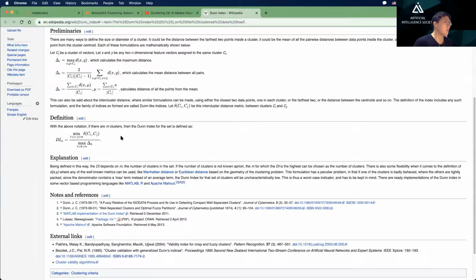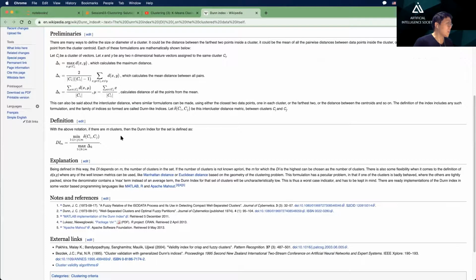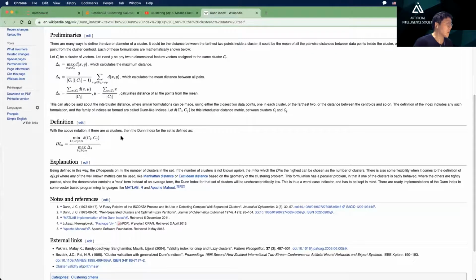So this can be seen as a grid to you, but this one means the distance between two clusters, i and j. So the first way that I told you, the distance between two clusters, we're trying to minimize the distance between two clusters, and that goes over to the numerator,